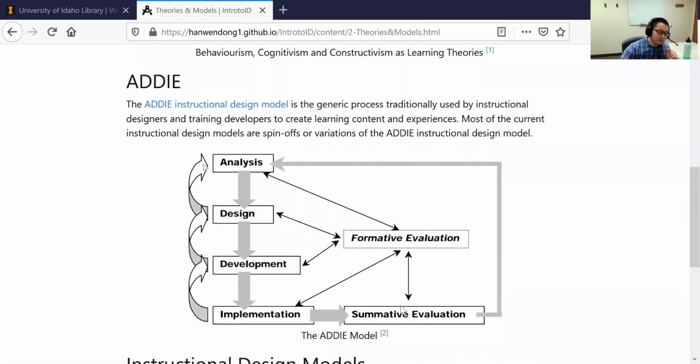Some examples of constructivism learning theory are research projects, problem-based learning, case studies, collaborative learning, group work, and so on. Next, we have ADDIE, which is a generic framework that helps us to understand the whole instructional design